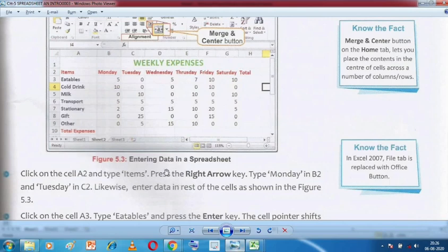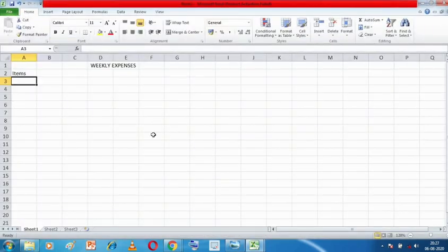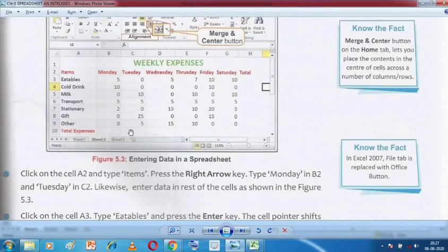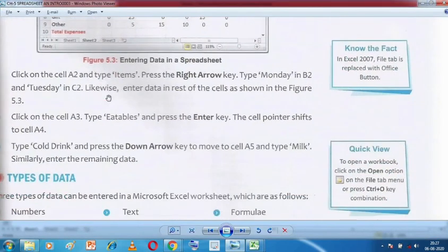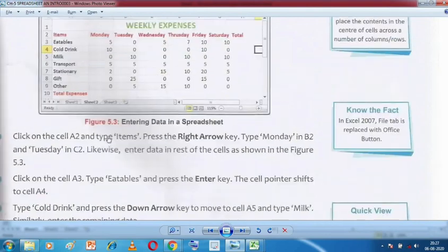After typing this, press the right arrow key and type Monday. Then again press the right arrow key and type Tuesday, and so on. You need to follow all these instructions that are written, which are very simple, and create this table.